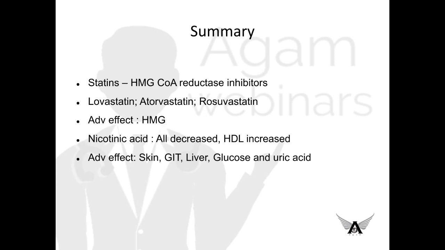About statins and nicotinic acid, what we saw was that everything is decreased and HDL is increased. For adverse effects, just remember the five systems: skin, GIT, liver, glucose, and uric acid. For skin, we saw cutaneous vasodilatation; for GIT, dyspepsia, nausea, vomiting; for liver, liver dysfunction and jaundice. In glucose, we saw diabetes mellitus, and in uric acid, we saw